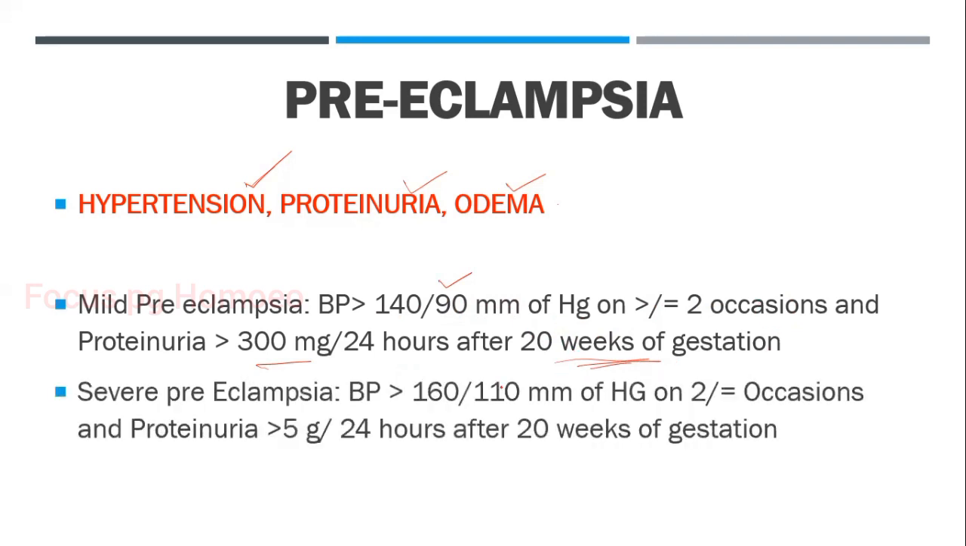Whereas in severe pre-eclampsia, what happens? The BP shoots up to 160/110 mm of Hg. And again, here it is on two or more occasions, and proteinuria is more than 5 grams. 5 grams means 5,000 milligrams. It is not 300. If it is 300, it is